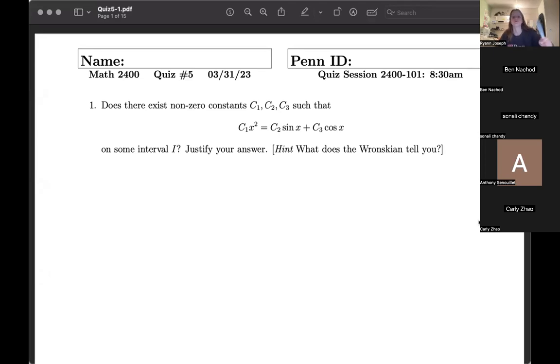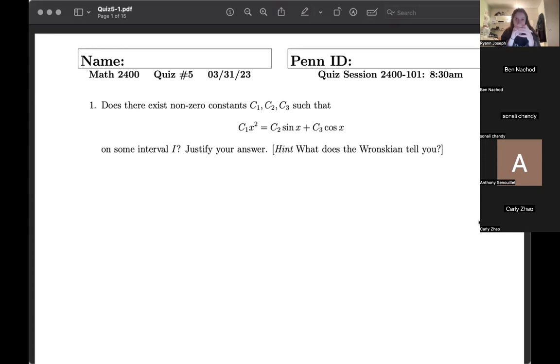they wanted you to take x squared, sine of x and cosine of x, and put that into the Wronskian. So it'd be a 3x3 Wronskian with those terms in the top row, their derivatives in the second row, and then their second derivatives in the third row. Then they wanted you to determine if it's 0 or non-zero. This question was particularly tricky because of the trig functions, and the professor included trig identities that not necessarily everyone would have known, so it was a little bit trickier, but the premise is still true that